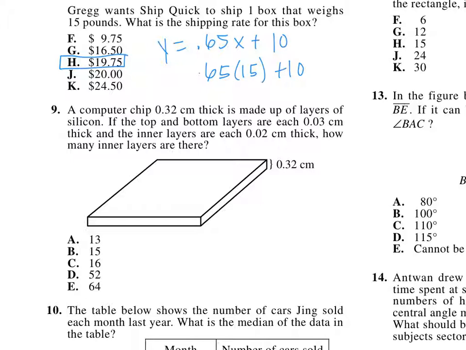A computer chip 0.32 centimeters thick is made up of layers of silicon. If the top and bottom layers are each 0.03 centimeters thick and the inner layers are each 0.02 centimeters thick, how many inner layers are there? So we know the total is 0.32. Now I'm going to subtract the top and bottom. So I'm going to subtract